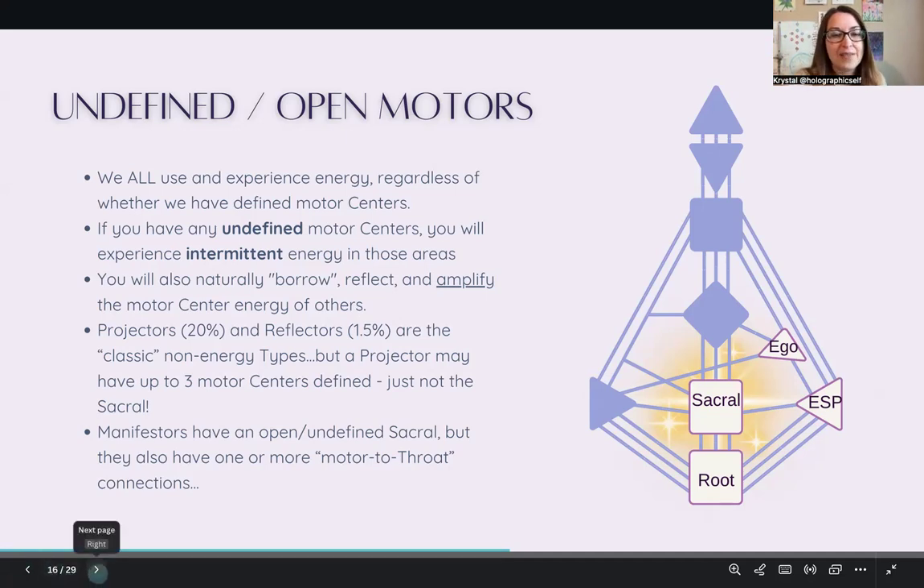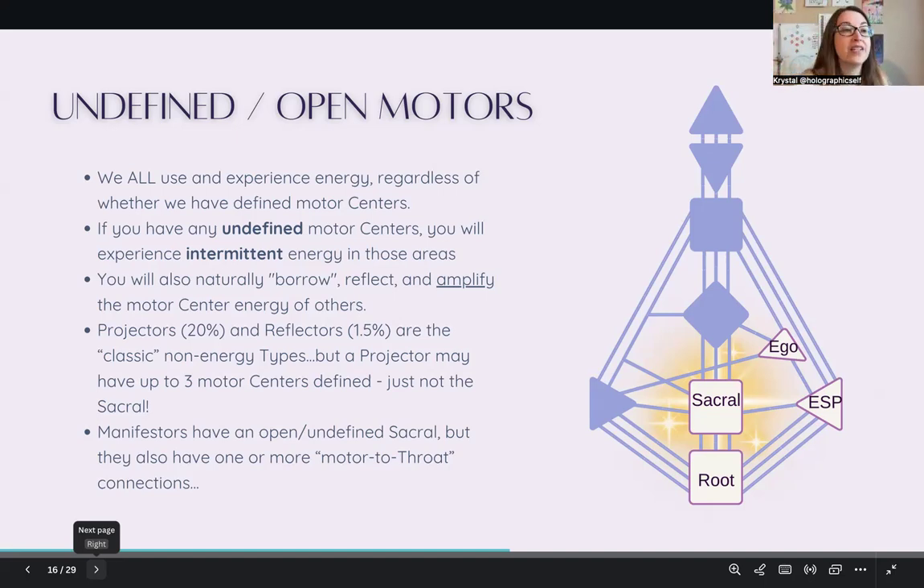And yes, manifestors and mani-gens are the only ones that have a motor to throat connection. Specifically, folks who have the 20-34 channel. In other words, it's the only channel that goes from the sacral directly to the throat. Those folks have the purest form of creative energy. The 34-20 mani-gens. And that can be a very powerful, potent placement for these folks